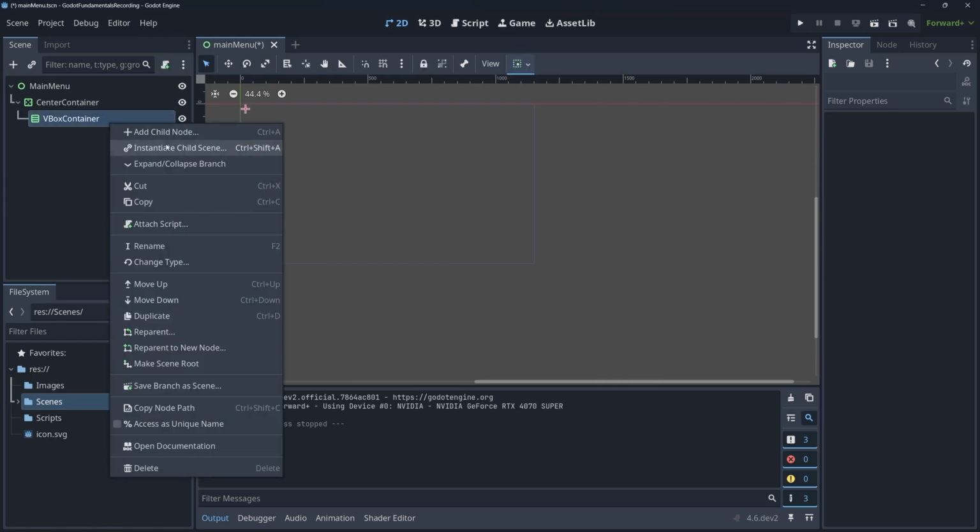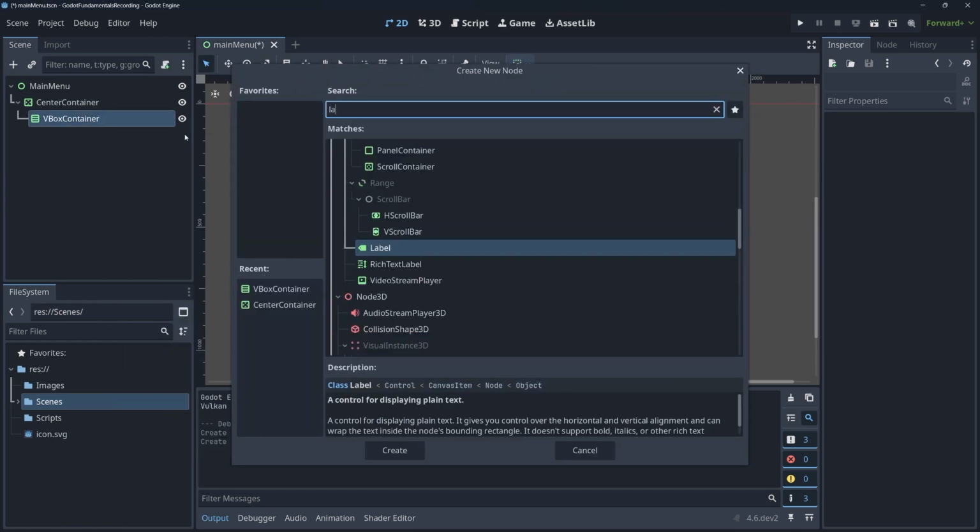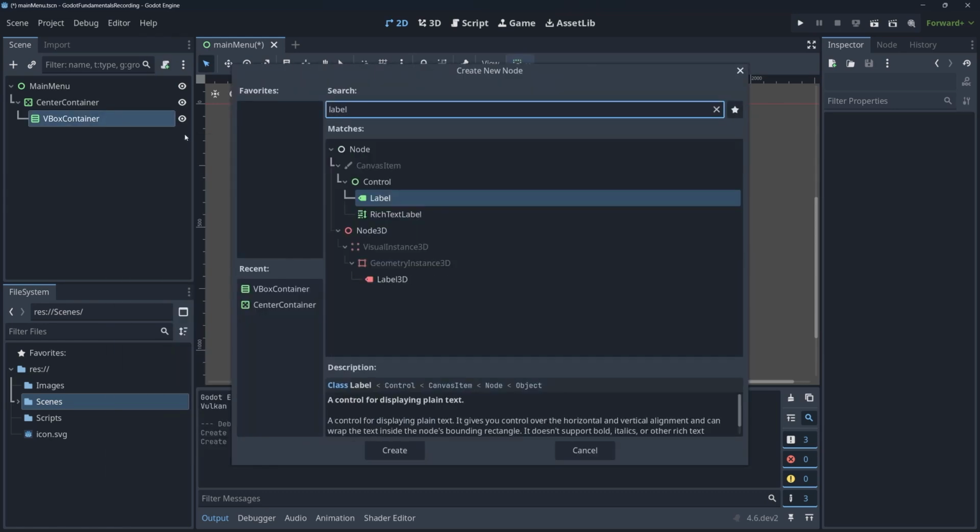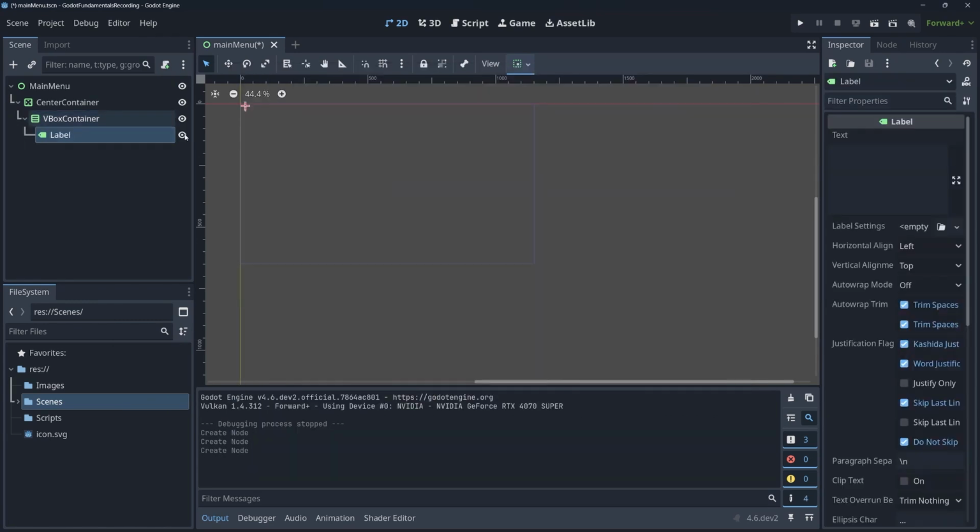To show you what I mean, I can add another child node. So we're just going to keep going. You see it's kind of a tree structure. I'm going to add something called a label this time. And this essentially just is text. Then we can go ahead and name it